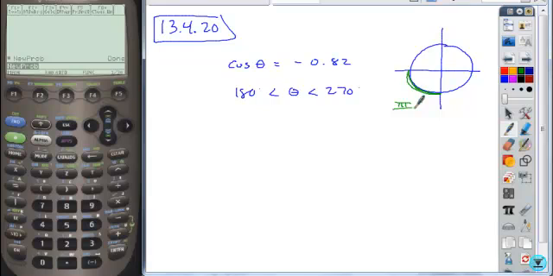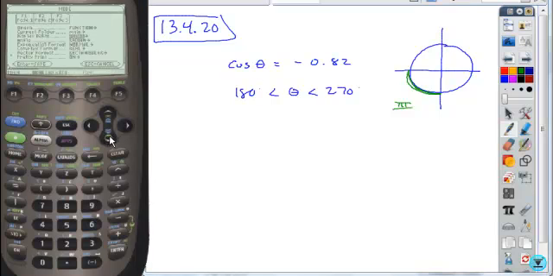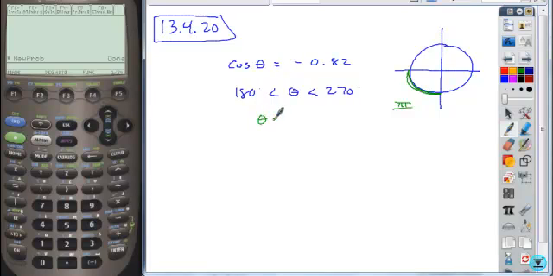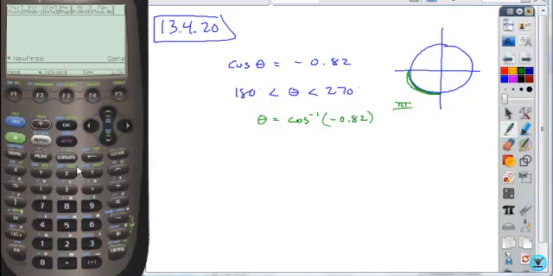Okay, now, when we use our calculator, first of all, the restrictions are given in degrees for the angles. So that means we need to change our mode, make sure that it is in degree mode. And that's going to tell you how you want to enter your answer. Once we turn our calculator into degree mode, we can calculate what angle has this particular cosine. It can be found by using the inverse cosine of whatever that given ratio was. So if we take the inverse cosine of negative 0.82 and hit enter, there is our angle,